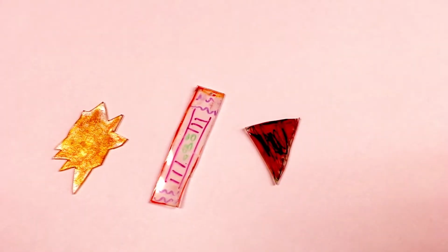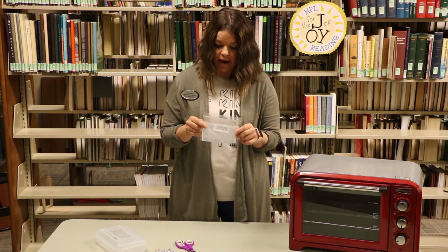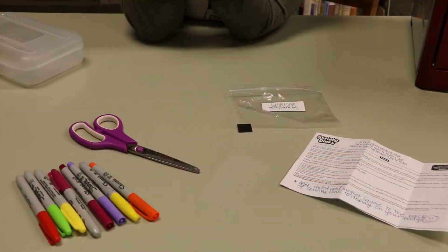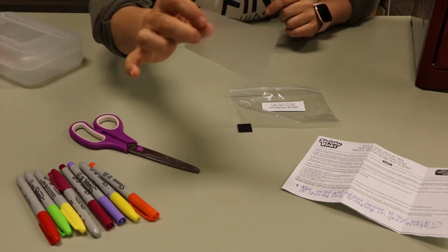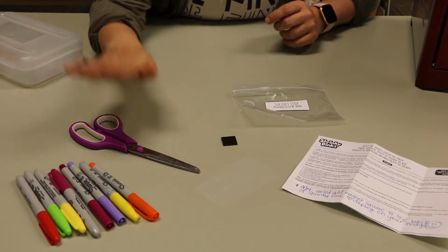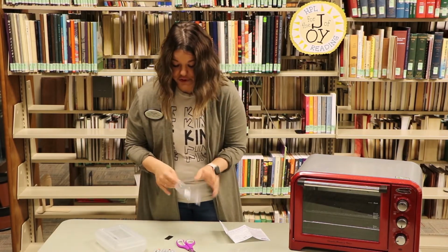So today we're going to start with our Shrinky Dink craft, and let's get to it. Okay guys, so step one, you need to find your Shrinky Dink craft in your kit. And let's go ahead and open it up. So in your kit, you have your Shrinky Dink instructions, Shrinky Dink paper. Notice that there's a rough side and a smooth side. You have your magnet, and you also need scissors and Sharpies, and an oven, and an adult to supervise, of